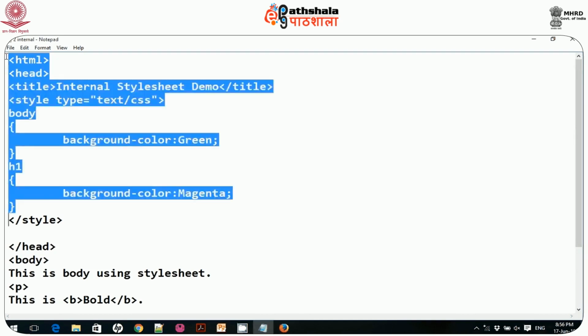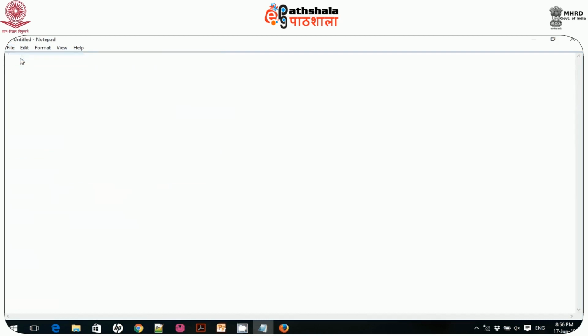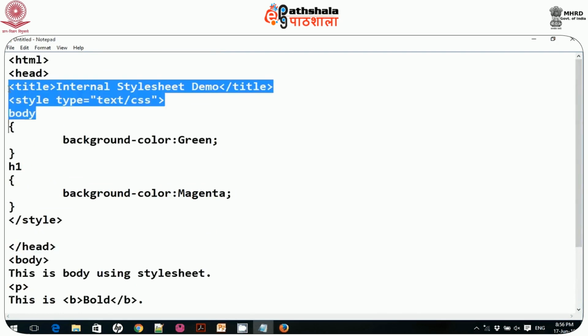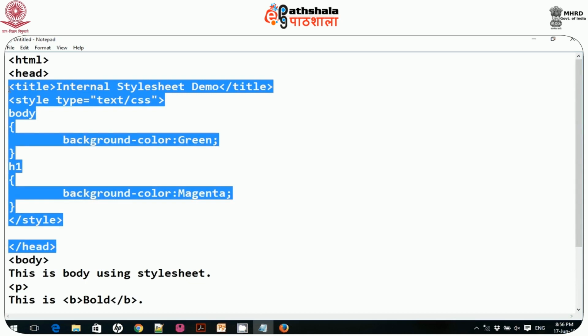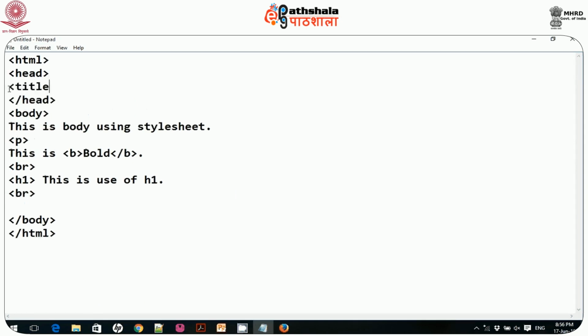So let me give a demo of this one also. To shorten the code, I just copy and paste the same code, type this one, and you don't need to write anything in head or anywhere, you don't even require head. If you prefer, you can write head, of course, and inside head let me write title inline style sheet, slash title, and then I can provide, let me say for example, body style